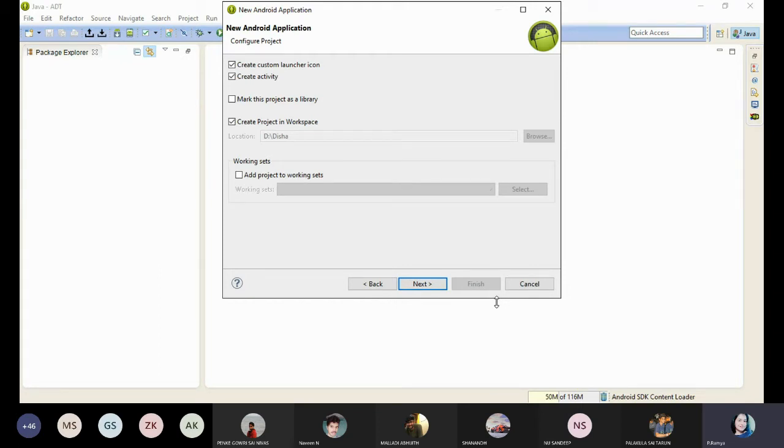So as a developer, I'm going to create one application. I'm going to design one application. If I am trying to design any application, I need one storage to store all my data. Okay, that storage we are going to call a workspace. In the Eclipse platform, that storage we are going to call a workspace. You can mention whatever location you require. Here I mentioned D drive initially.